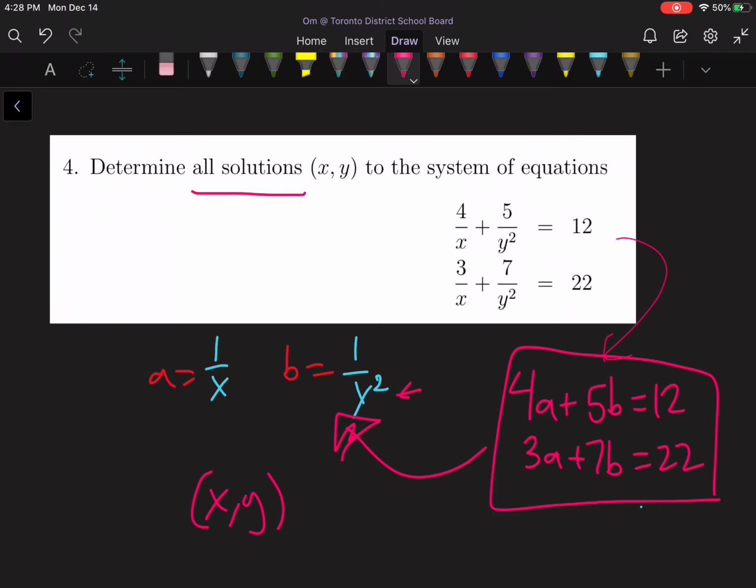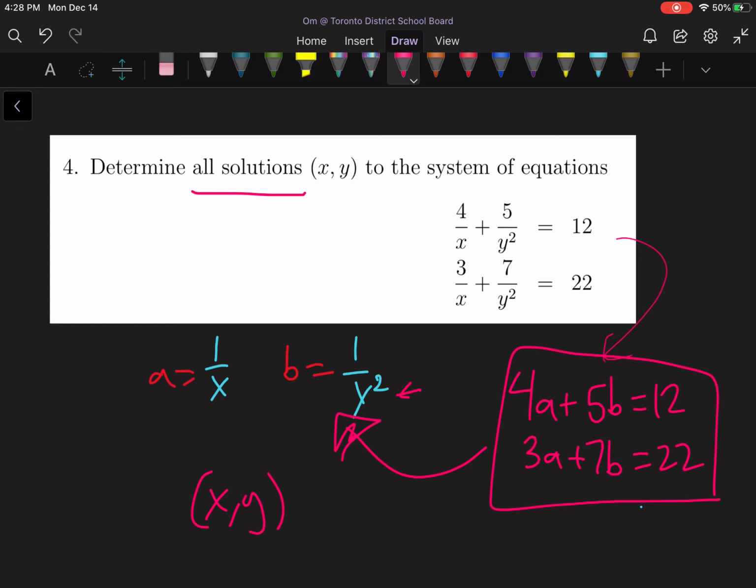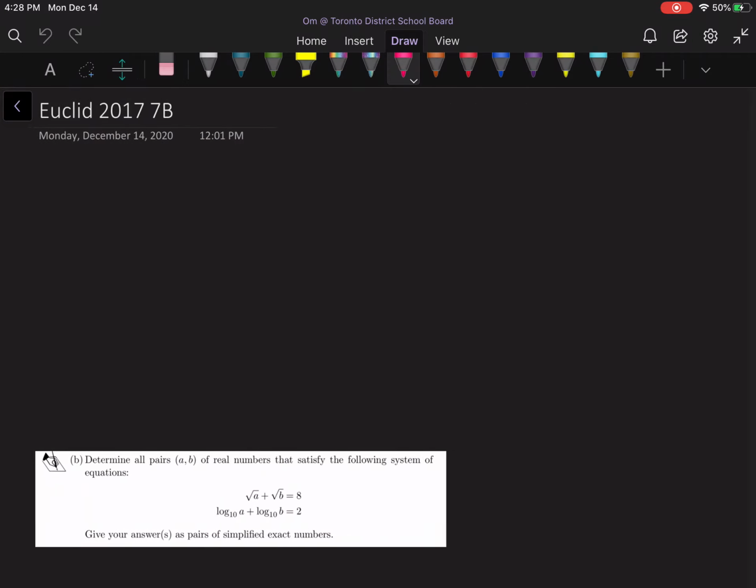Just to recap before we go on to the next question now. Basically, anytime you have some sort of reciprocal in your system of equations, try doing a substitution, such as a equals 1 over x, so that you can get rid of that reciprocal and hopefully end up with what looks like a normal linear system of equations. So anyway, moving on to the next